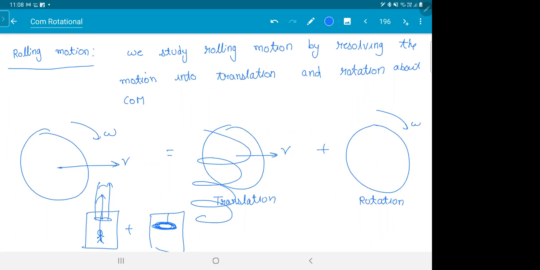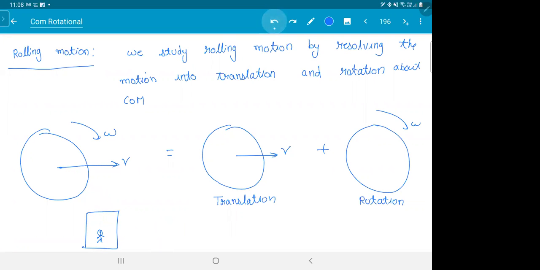Can you see what I'm trying to say? So you can study the motion of the fan by assuming the center of the fan is going in a straight line and the fan is rotating about the center. Don't try to do both at the same time, it will get very confusing. You know how to study a straight line, and you know how to study a circle, so you know the combination of both. Does that make sense? So we study rolling motion by splitting the motion into translation and rotation. How we handle that, we'll see in the next class.